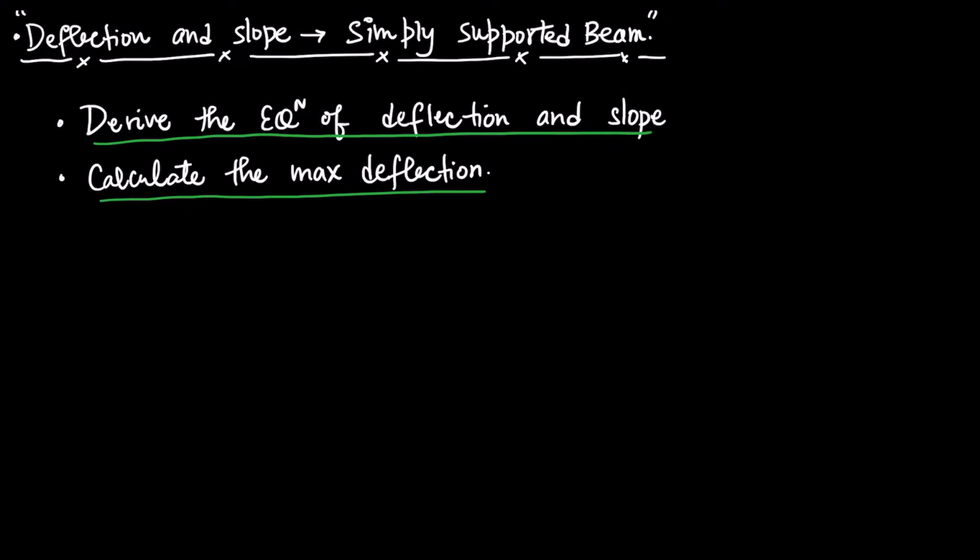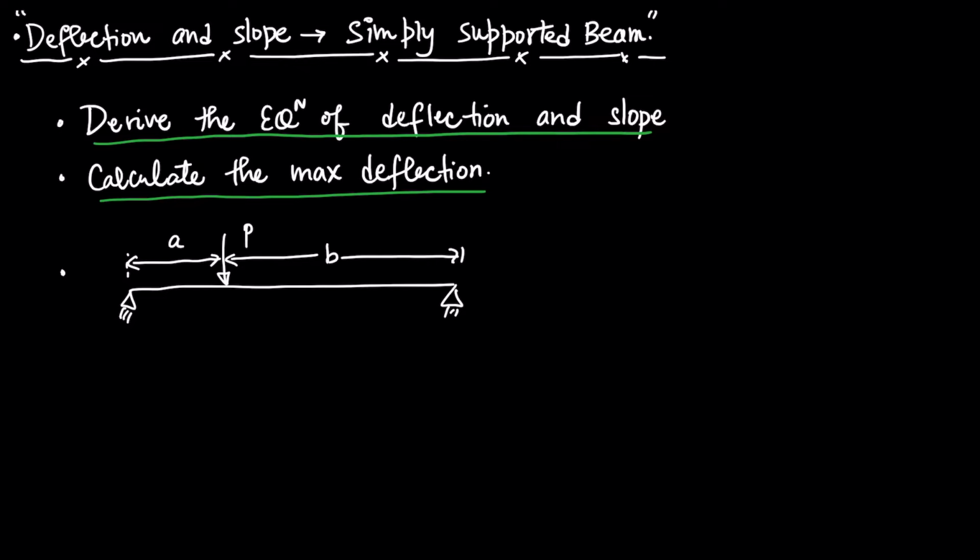Now first of all, let us consider a simply supported beam, and we have a point load P, which is acting at a distance A from the left hand side, and the rest of the distance is B. So the length L is equal to A plus B. Now due to this point load, we will have a deflection